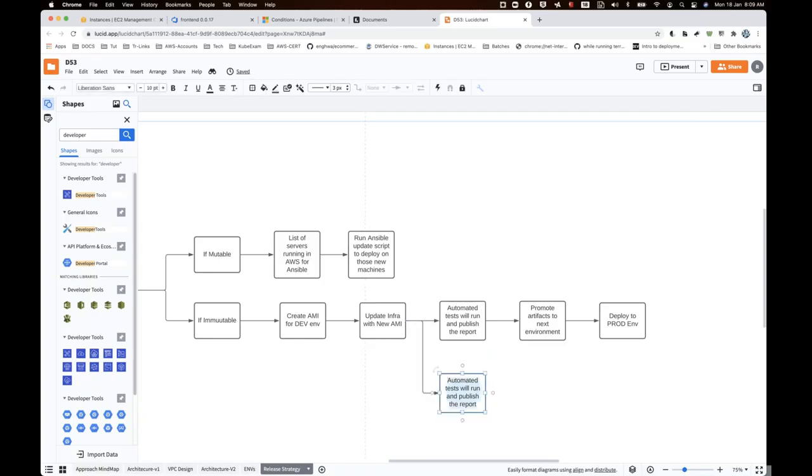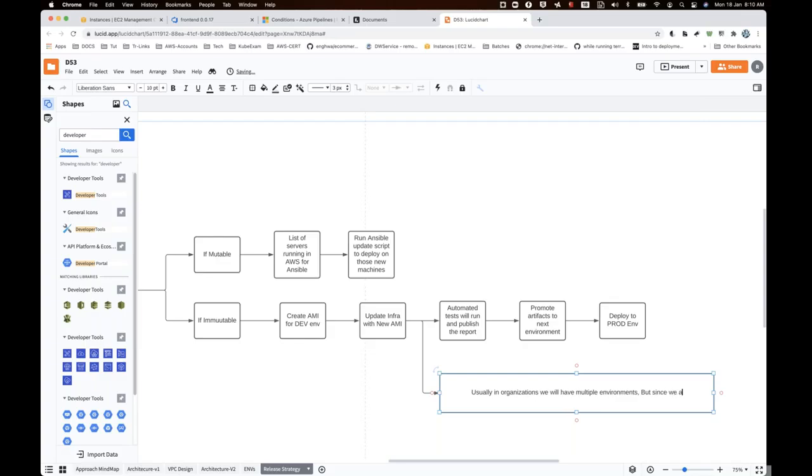Okay, I'll just mention some points. In organizations, we will have multiple environments, but since this is a lab, we are limiting it to only two environments.